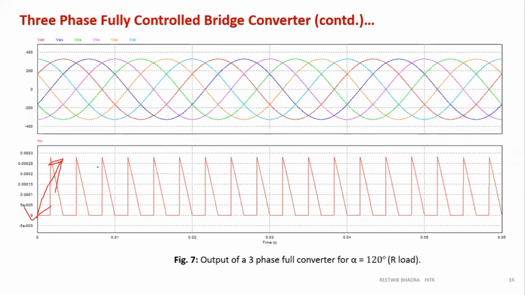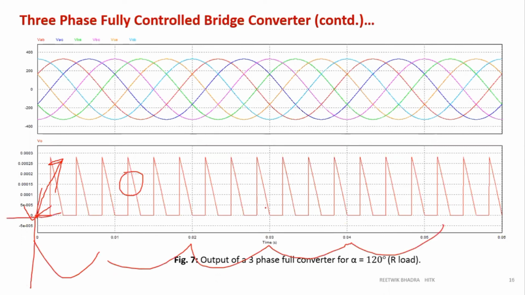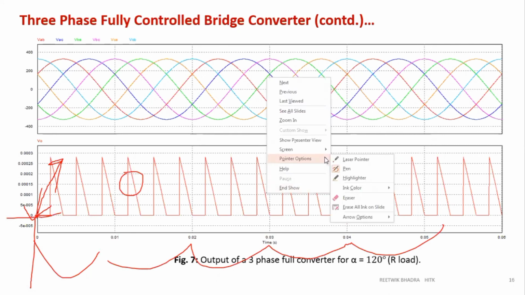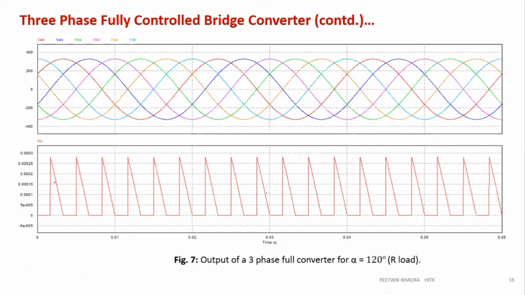So I am thinking just a small ripple over here. So voltage has become 0 over here. In my books, they have shown this voltage as 0. Let's see, 0.000025. So we are getting no voltage over here. That means all the voltage we obtain across the load has become negative. If we draw it for RL load, we'll get negative voltage. In the negative voltage, we'll get some waveform like this, all in the negative part. So the voltage automatically becomes 0. That's why the magnitude has become so minimal. At alpha equal to 120 degree, the output voltage becomes 0.